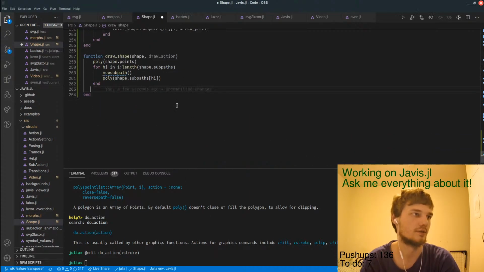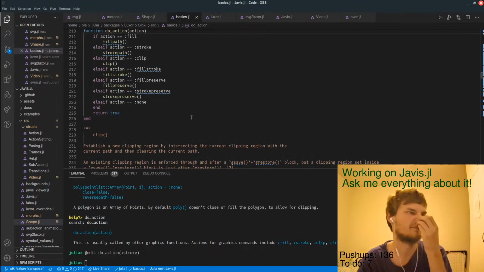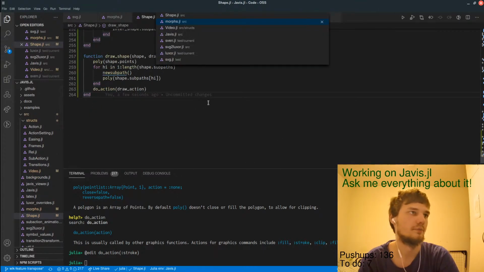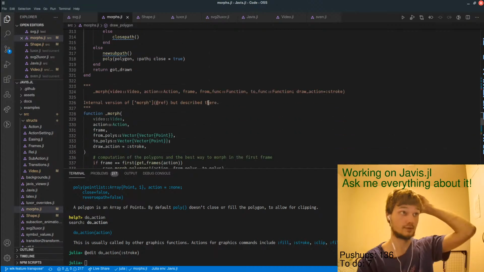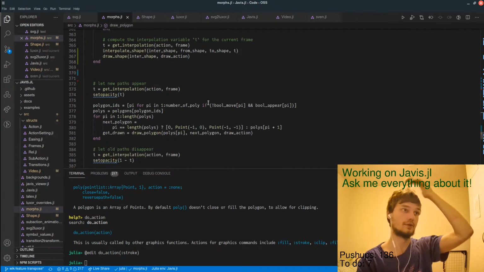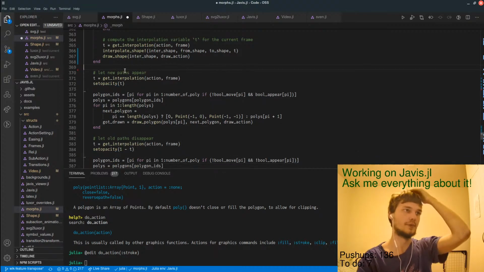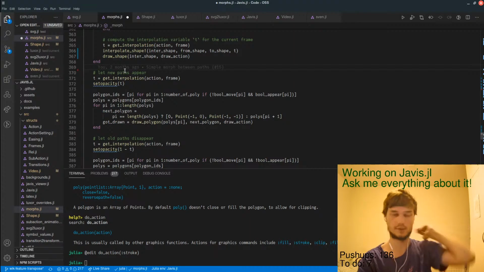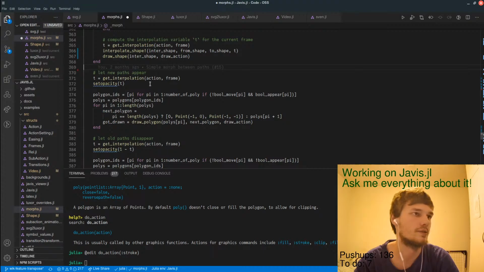Yeah, this is exactly do action. Okay. Nope. Which might mean that we don't need to draw a polygon function. But okay, next part is we have this opacity stuff.